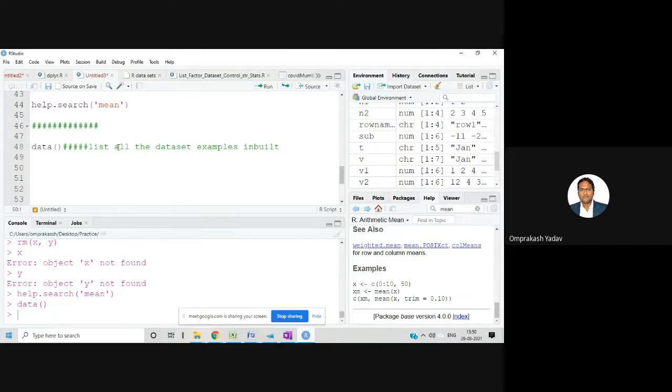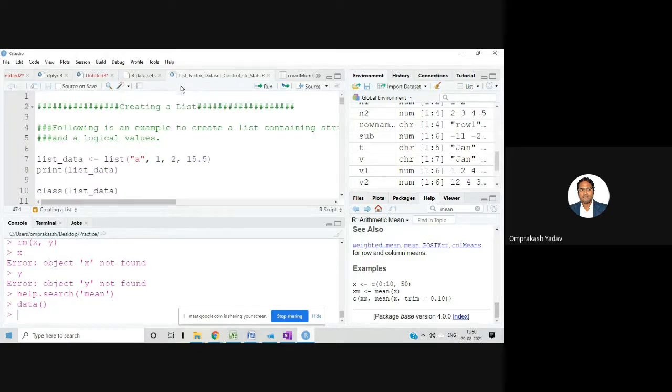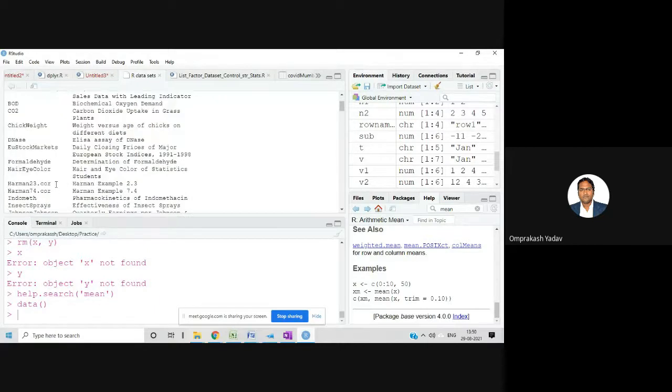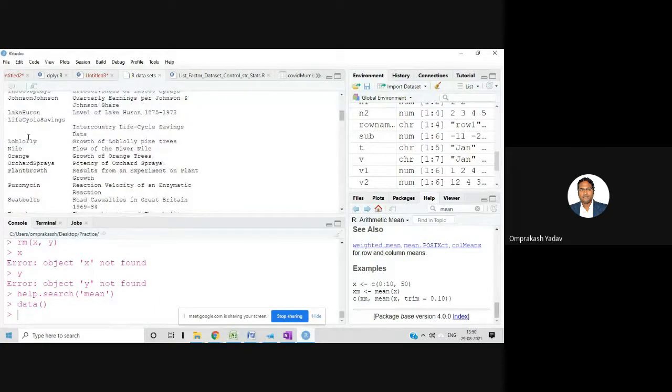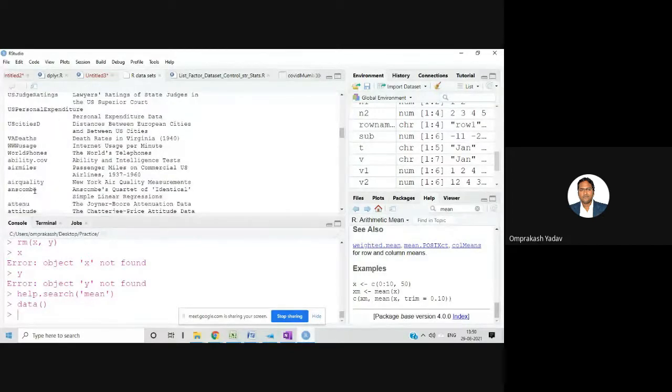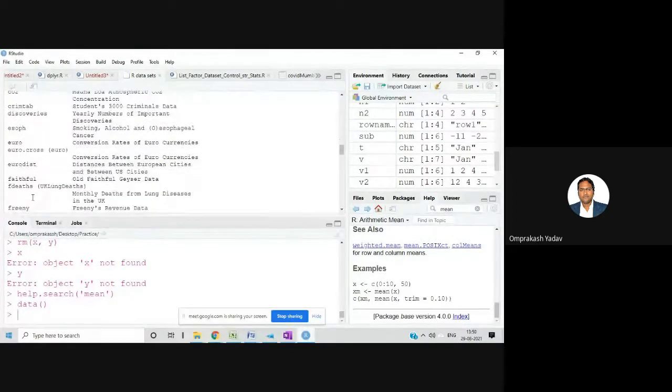Now let's say suppose, let me show you the iris data set.